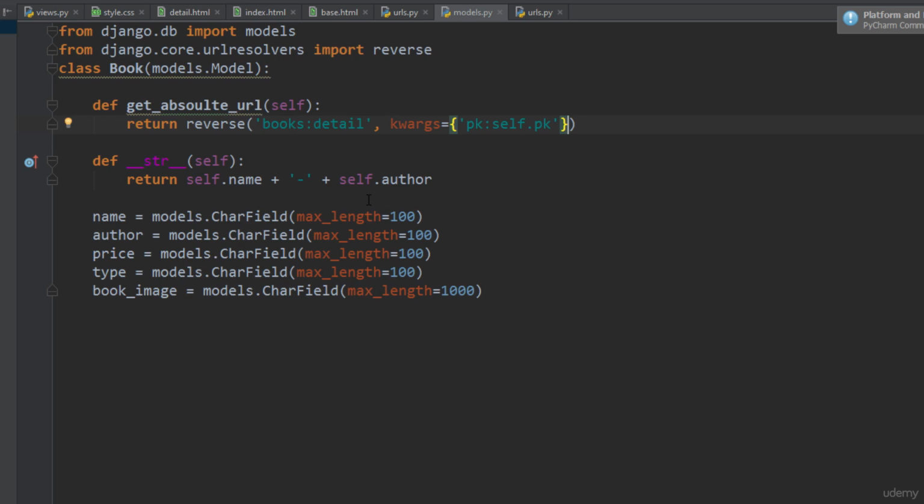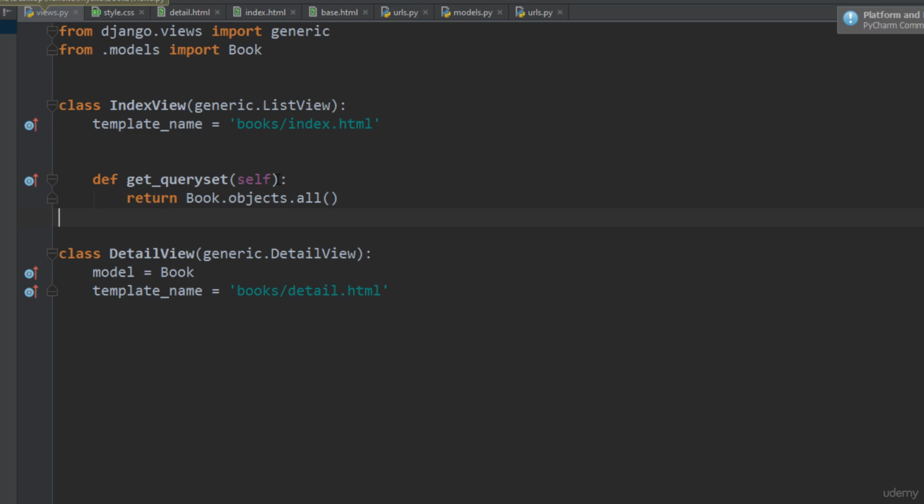Once this is done, you could go to views. This is the views file right here, and here you need to import CreateView. As you could see, we had this DetailView which gave us the details of the items present in our database. Similar to DetailView, we need something called CreateView. So the CreateView basically allows